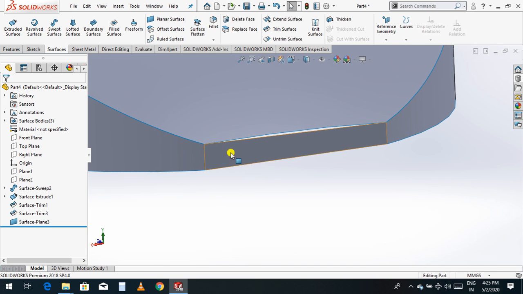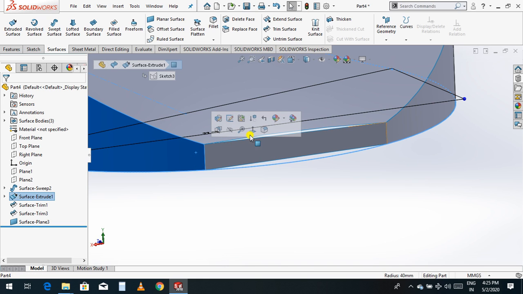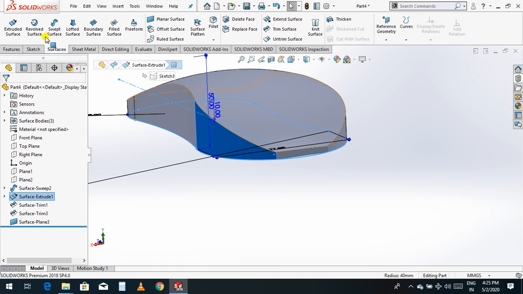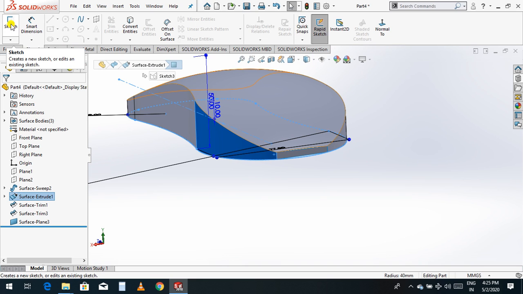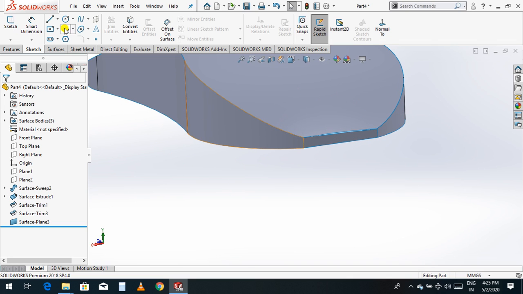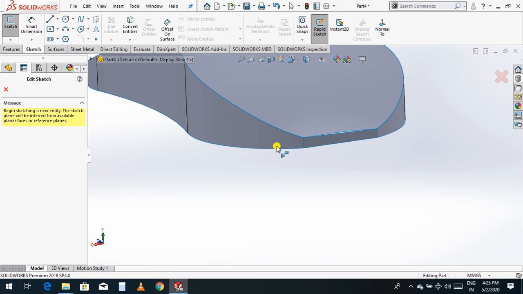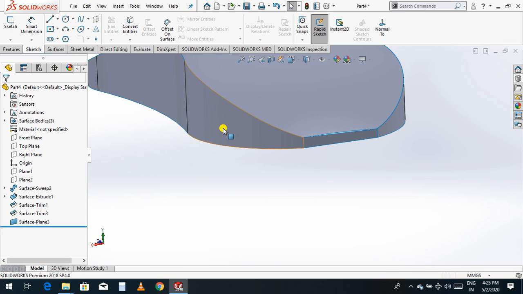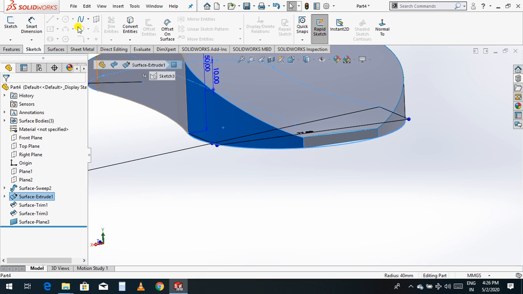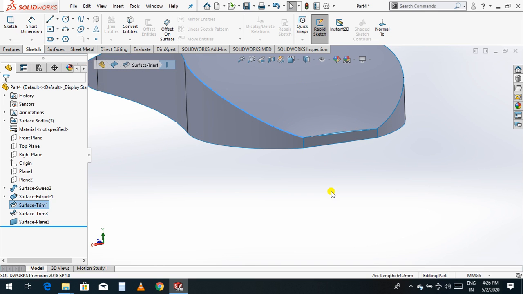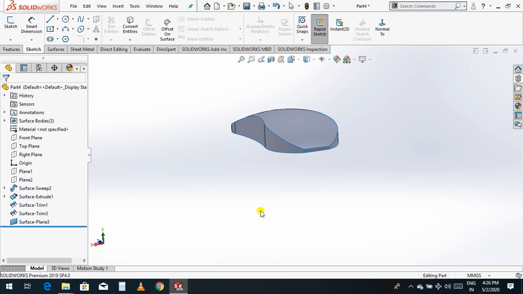Now I'll select this profile, a sketch, select arc, select this profile and select one profile, now just rotate.